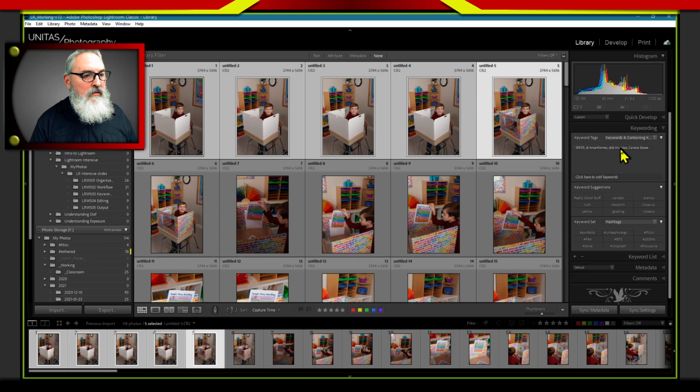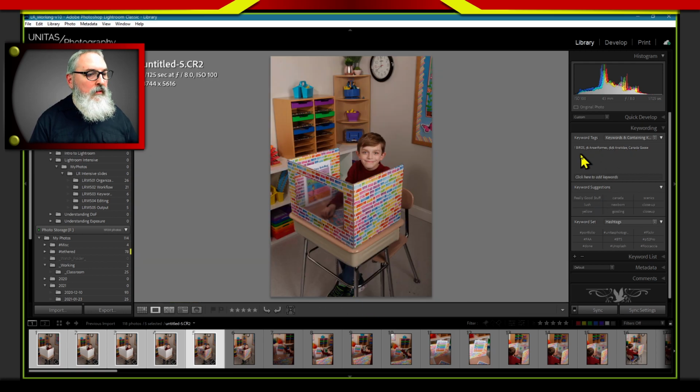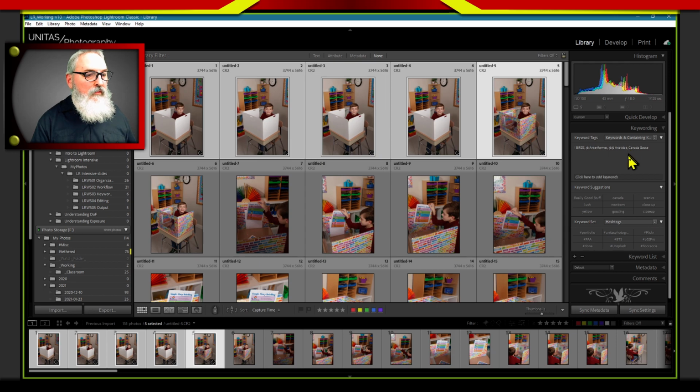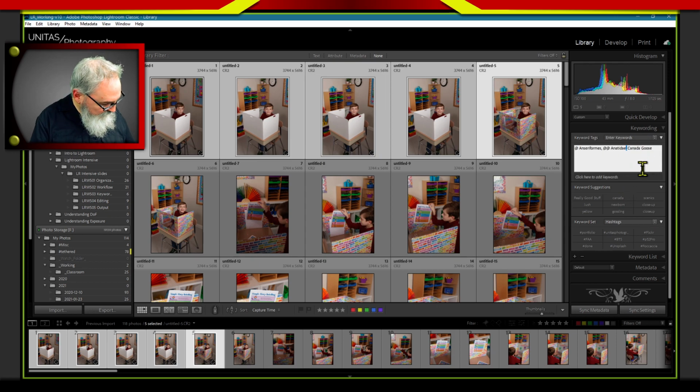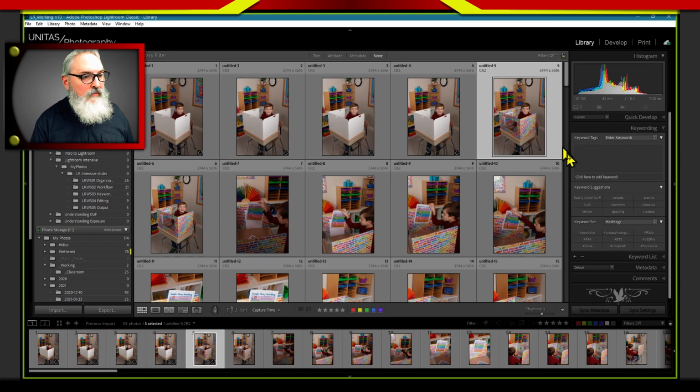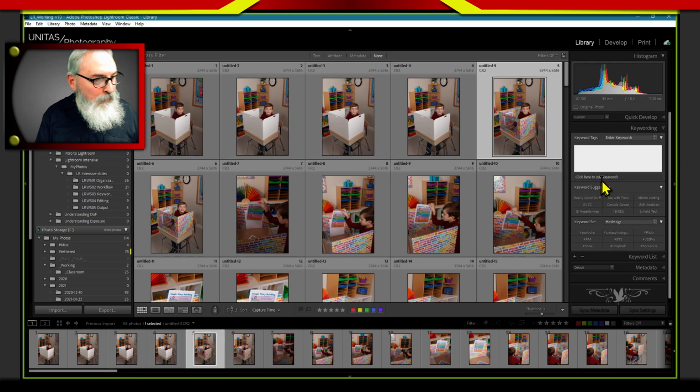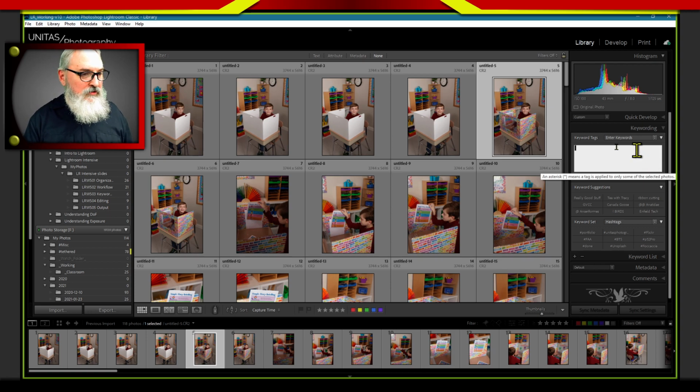Actually, let me go ahead and delete these because, oh, wait a minute. Wrong one. Come on. Why am I? Okay, there we go. Make sure I get rid of those. Okay. I don't want that poor kid labeled as a Canadian goose. All right. So